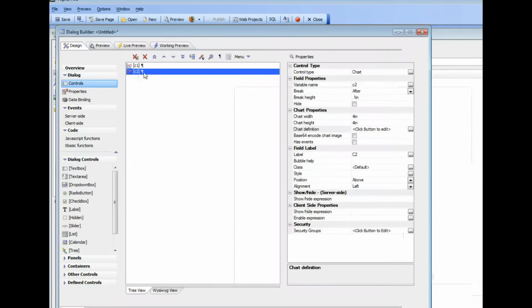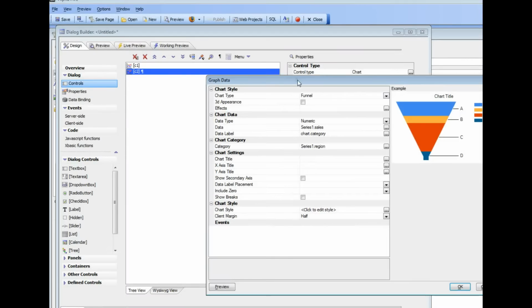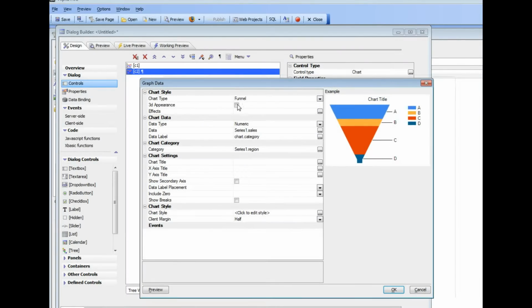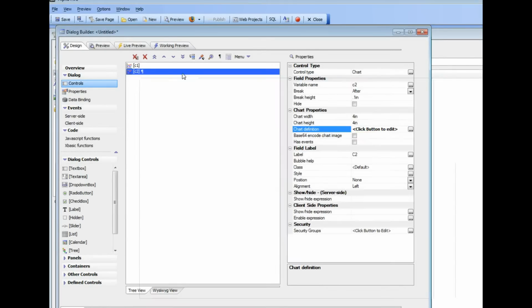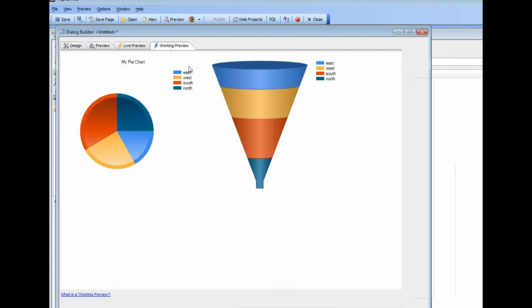So let me quickly pause now while I go and define a very similar chart over here and then display it. So I've now defined the second chart, and you can see this time I've chosen a funnel, but I've based the chart on the exact same data series, series 1.sales for the data and series 1.region for the category labels. So now if I go over to working preview, you can see I've got my dialog with 2 different charts,